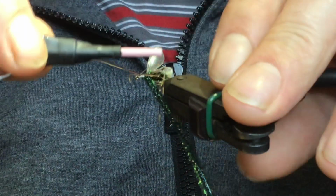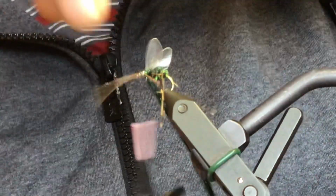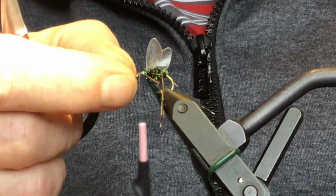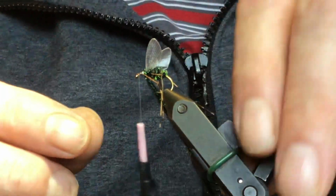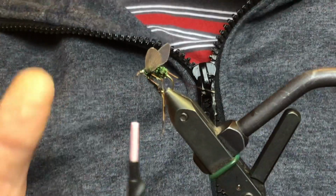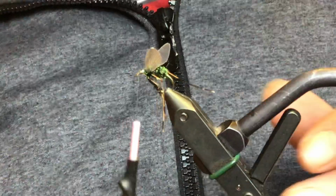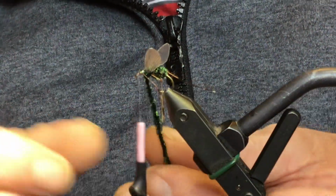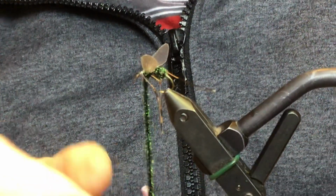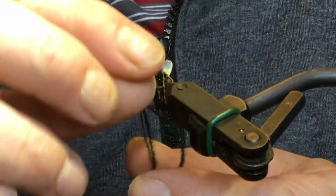And the best part of this thread is also that due to the thickness of the thread, I can actually tie in my legs 0.5 millimeter from the hook eye, just pretty much without leaving any marks or leftover of thread, and just vanish into the fly. So now I'm gonna tie in the rest of the body here, making the head of the fly and the rest of the body. So I'm just gonna again twist my